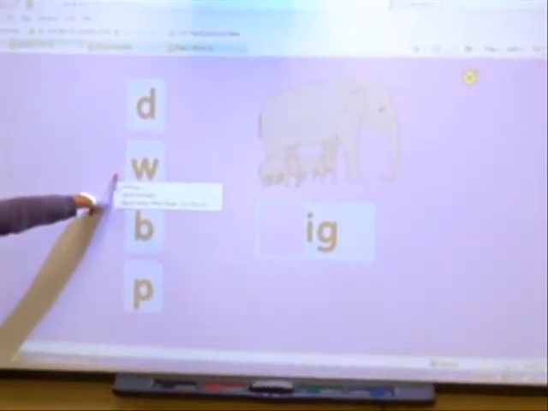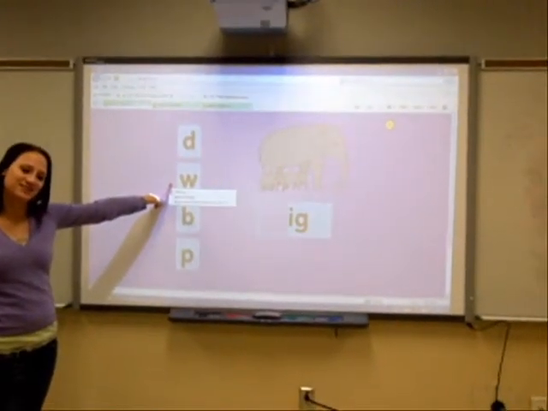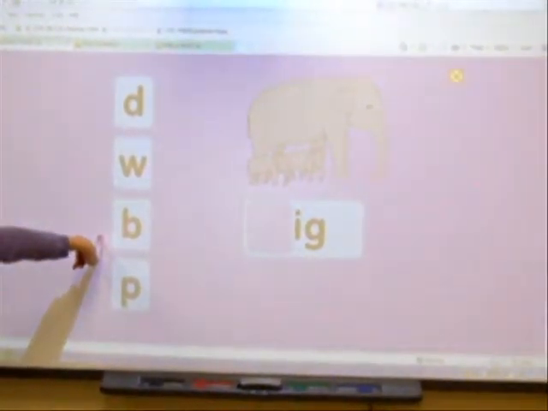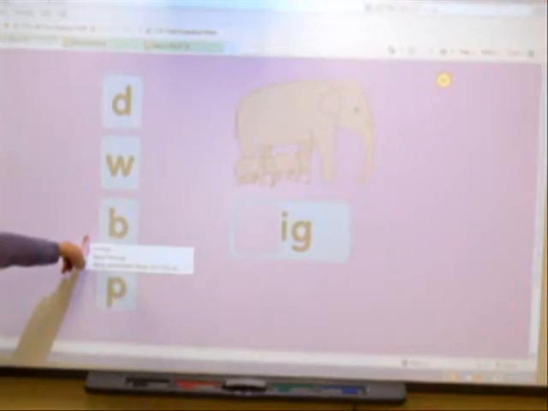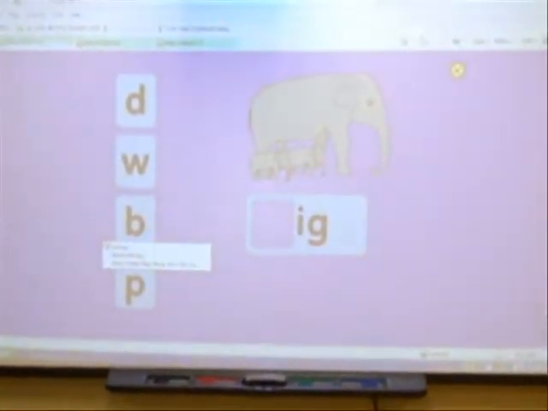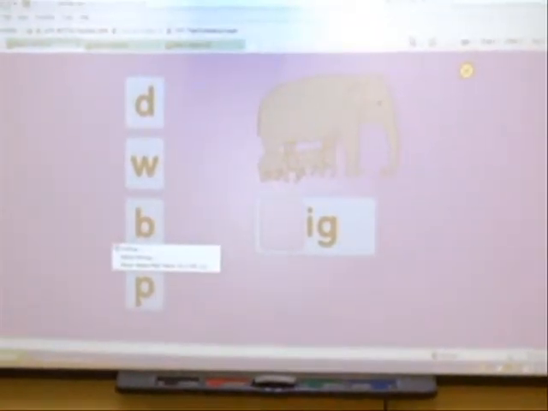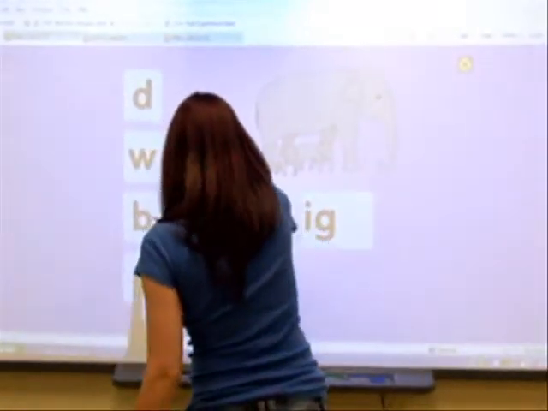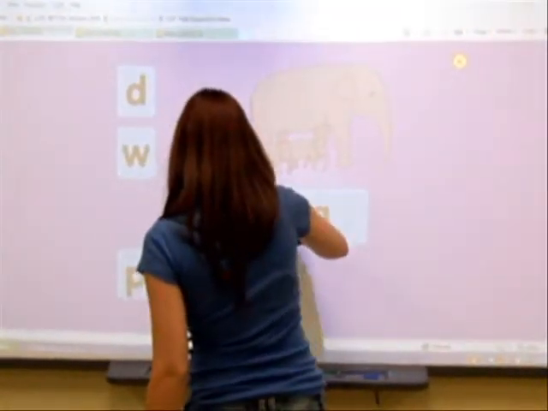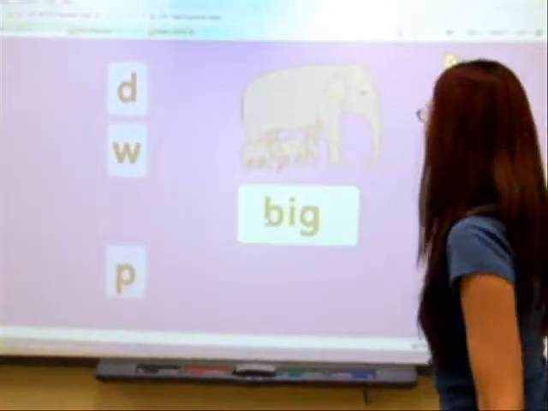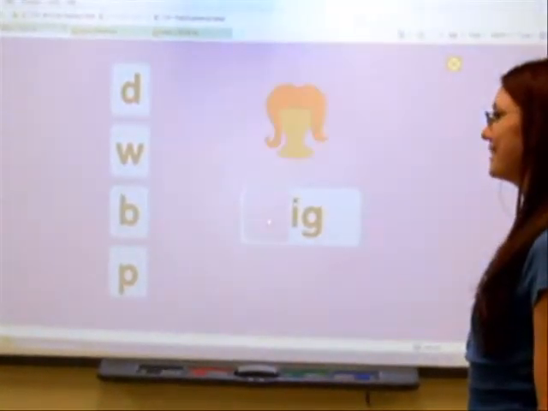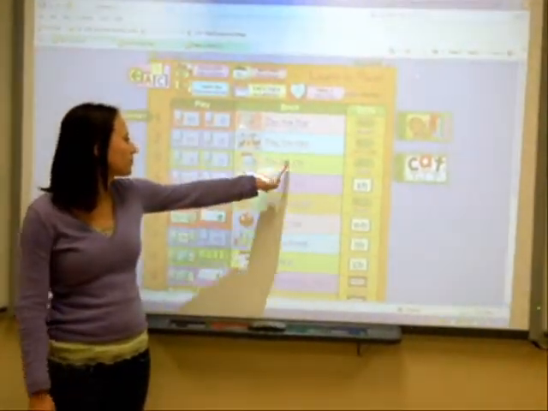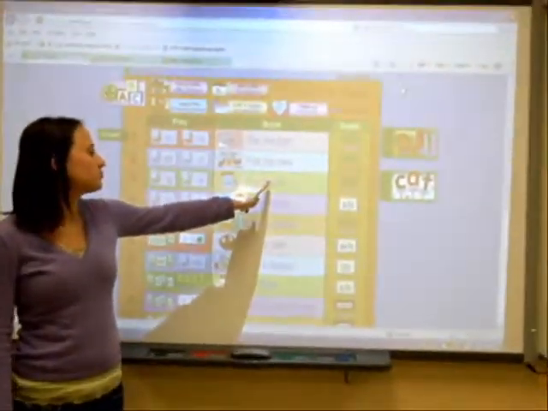And what does that make? Wig. That's not big. Put that together. Big. Do you want to put that sweater on there, please? Egg. Big. Good job! There's another way to use the whiteboard, and this is to use it as basically a